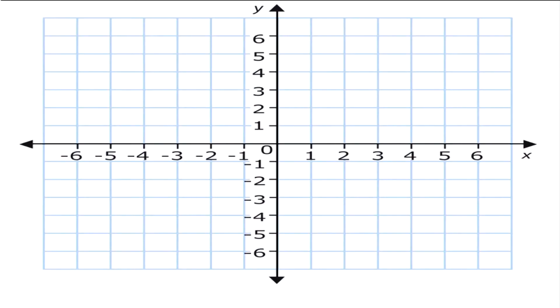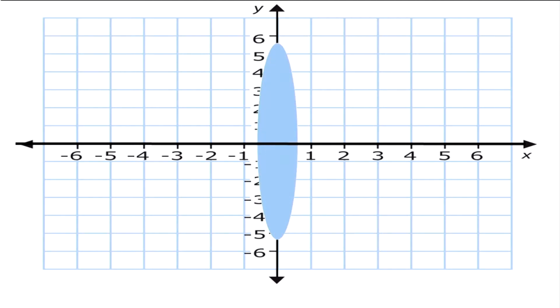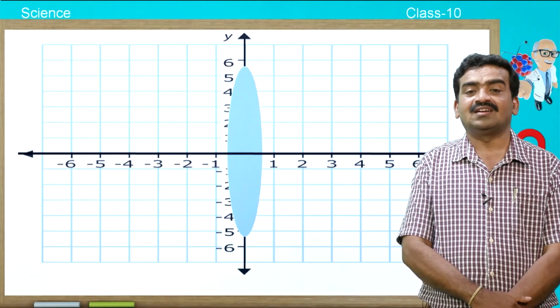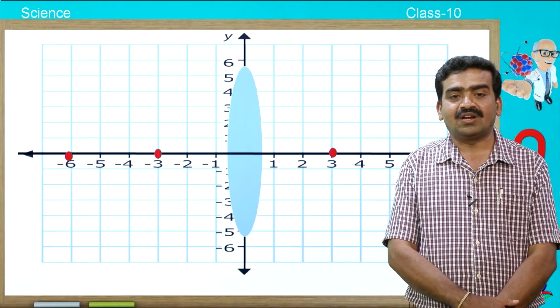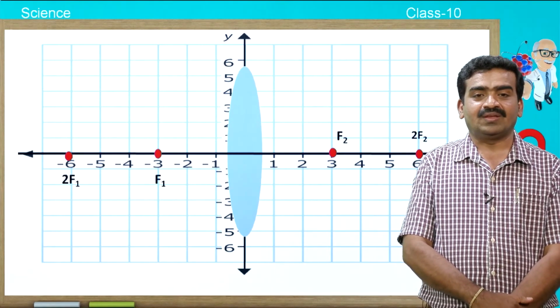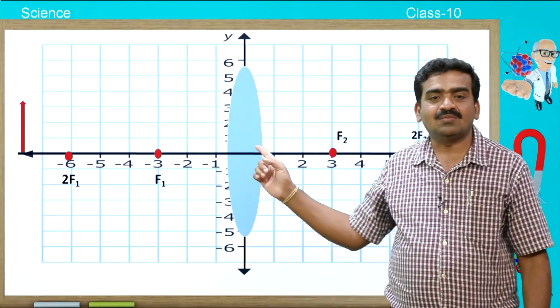Now, let us learn the sign convention for the concave as well as convex lens. For that we have to remember the coordinate plane that you learnt in the 9th standard. Here you are noticing the x axis as well as the y axis, the positive side and negative side of the x axis, similarly the positive side and negative side of the y axis. Imagine we are placing a convex lens at the origin, the center of the coordinate plane. Then just remember the meaning of F1 and 2F1 and F2 and 2F2, and we always place the object like this.